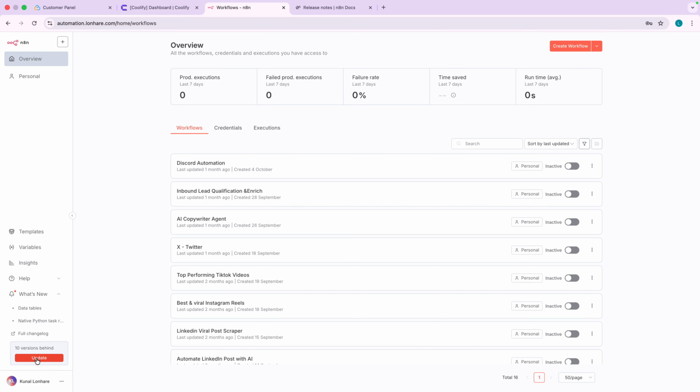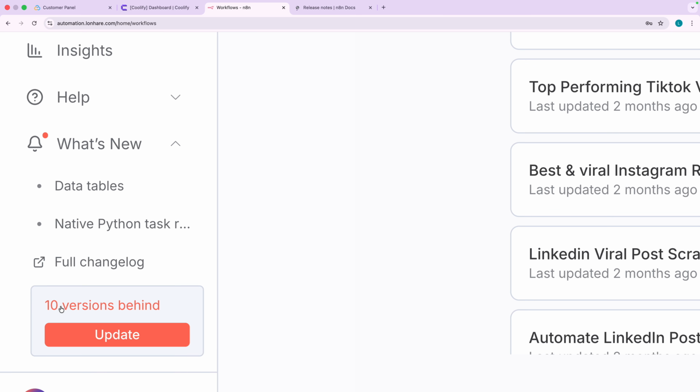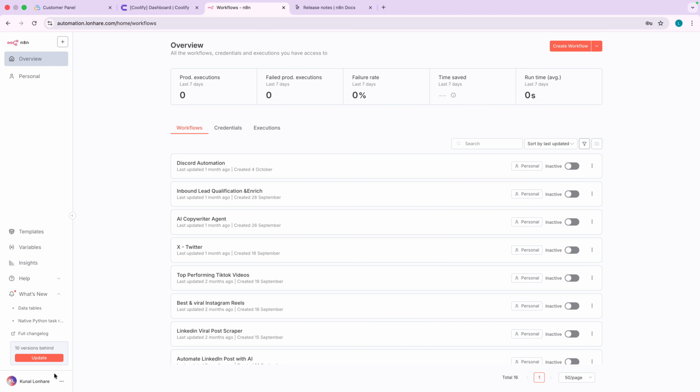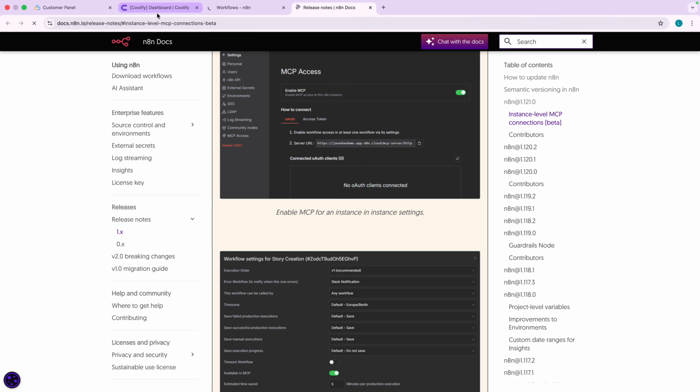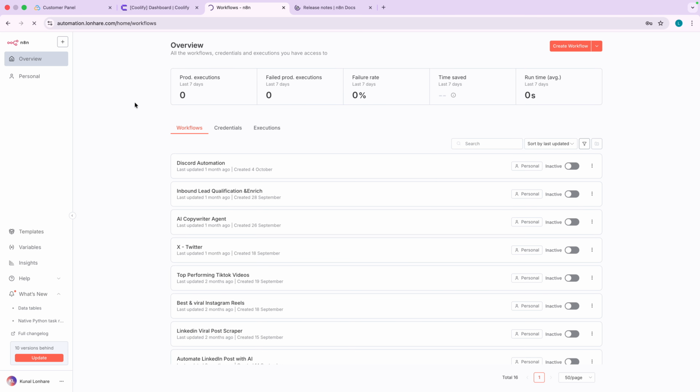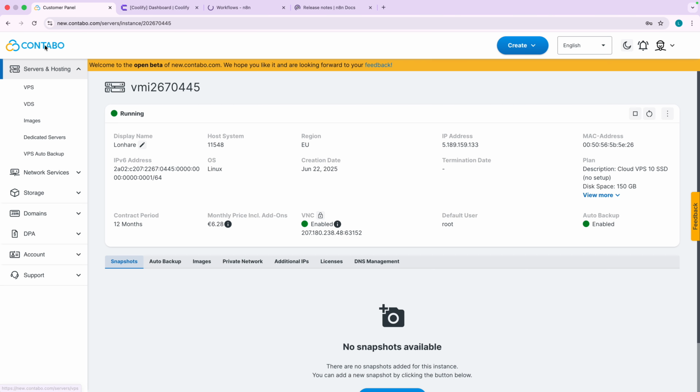You can see when you click on the update button at the bottom here, it says 10 versions behind. If you click on the update button, you will see that it will not automatically update when you have setups like Coolify. So for that, the very simple thing you can do is go to Contabo first of all. Before you update anything on your server,